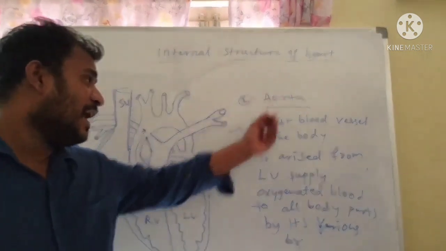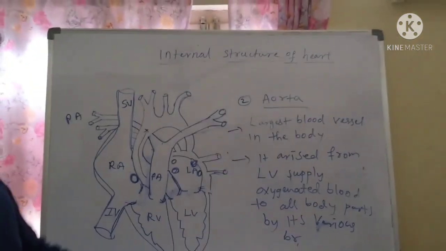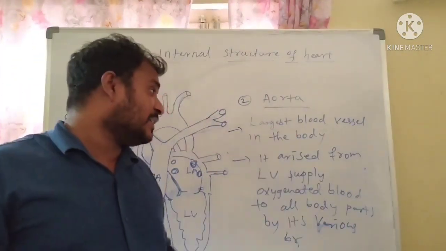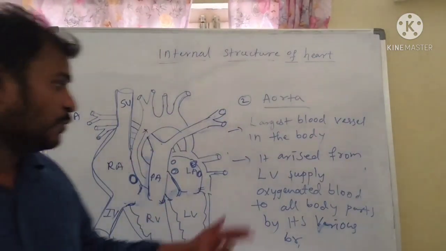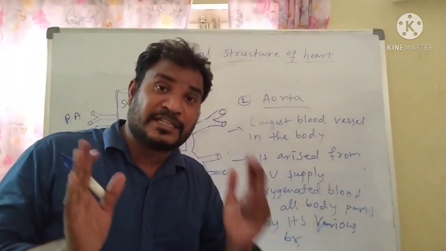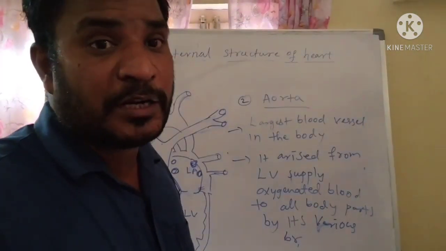So the aorta arises from the left ventricle. This is the largest blood vessel inside the human body, and it supplies the oxygenated blood to all body parts